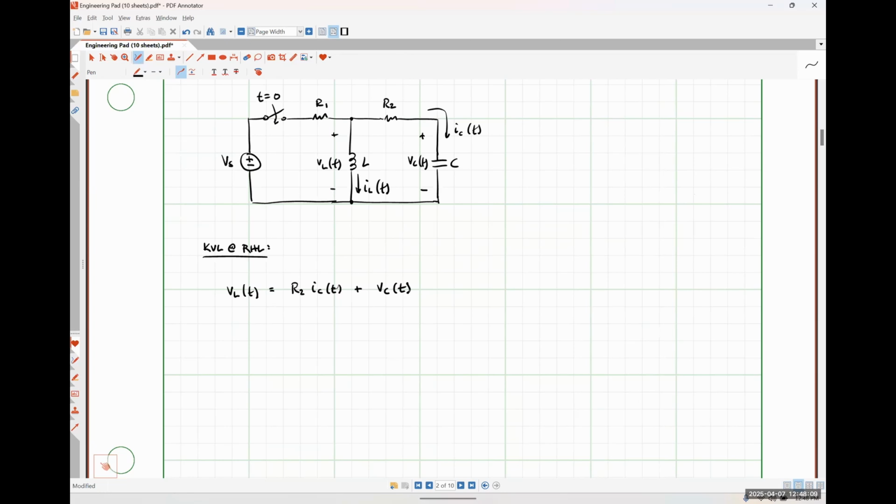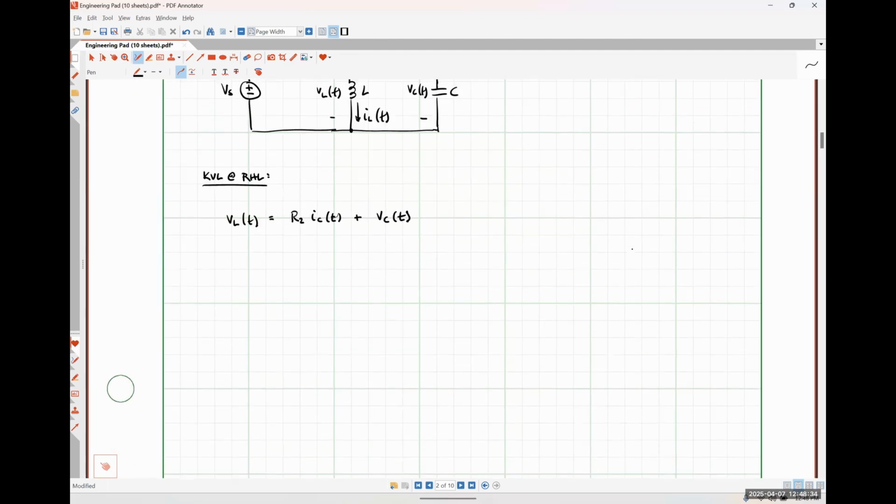Okay. Now, because my ultimate goal here is to get a second order differential equation either in terms of IL of t or VC of t, I'm going to choose to express my inductor voltage in terms of my inductor current, and I'm going to choose to express my capacitor current in terms of my capacitor voltage. So that might look something like, here's L times